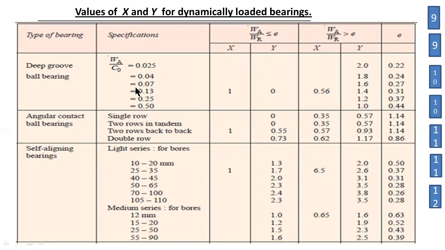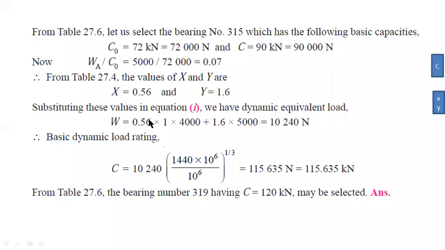Okay, the ratio of WA by C naught equal to 0.07. The corresponding x and y values, in the third row, are: 1.6 is the y value and x equal to 0.56. Okay, so by using these two values, you can find out the value of C, the dynamic load rating. Capital C equal to